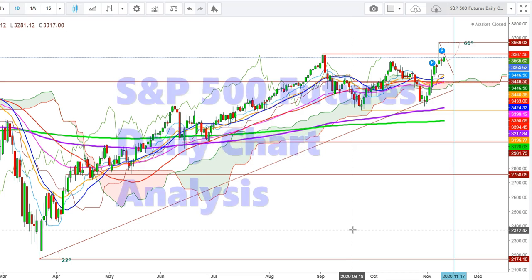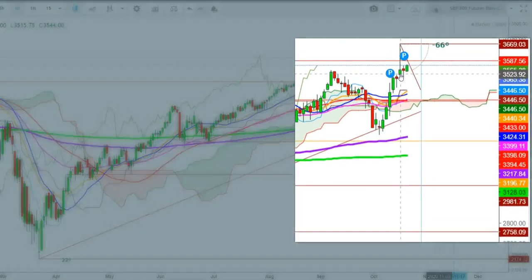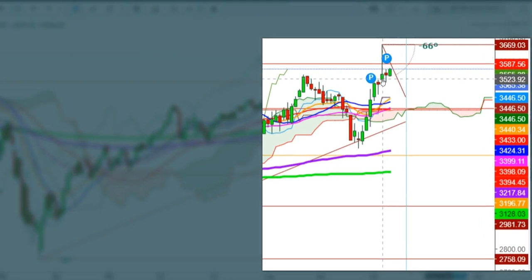So let us start the day to analyze the movements of S&P 500 futures in different time frames. So friends, here you can see a daily chart of S&P 500 futures. Here you can see how the S&P 500 futures tested the highs of 3669 on November 9th. But the formation of this exhaustive candle in a daily time frame looks evident enough to extend the bearish pressure in S&P 500 futures, which may continue to push the S&P 500 futures below the